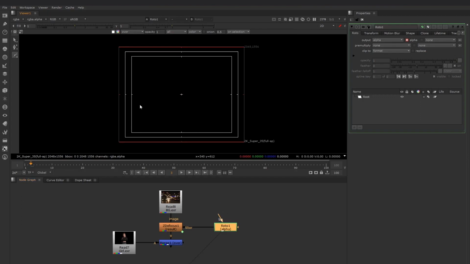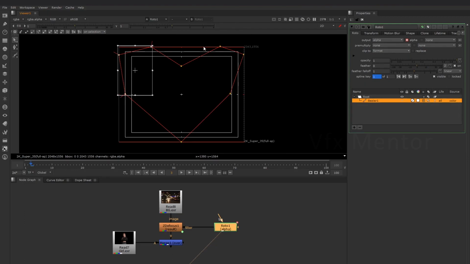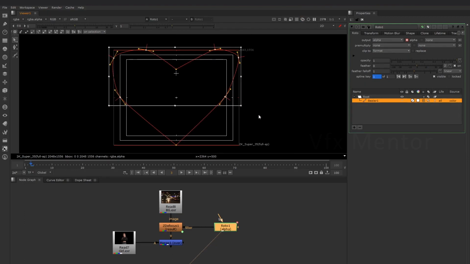View it, click here. Smooth these points and